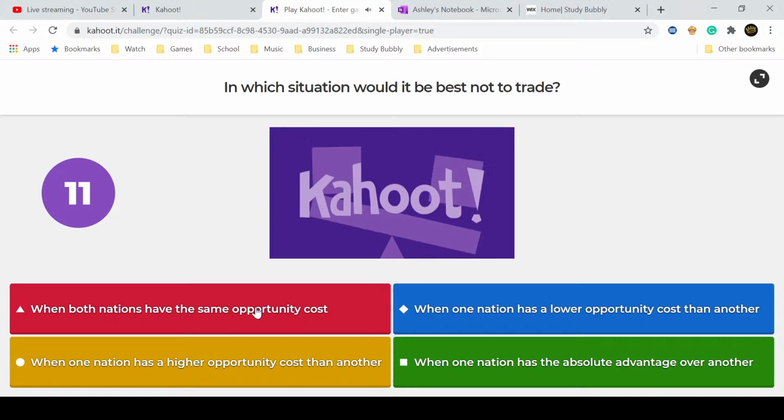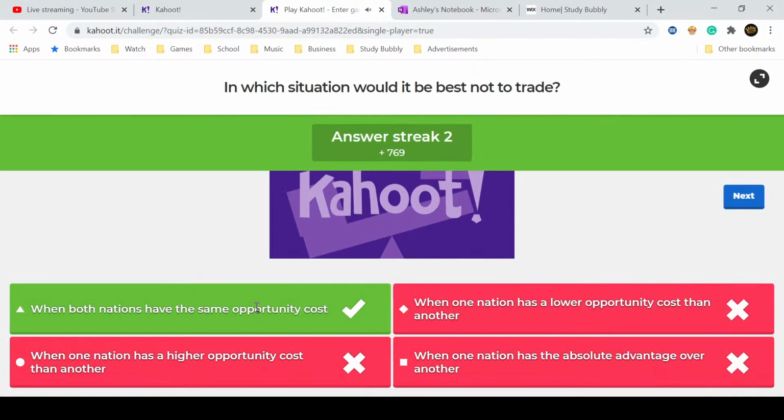So, in what situation would it be best not to trade? It would be the same opportunity cost, because when one nation has the absolute advantage over another nation, it's still good to trade because there'll still be a less opportunity cost. Even if you can produce more altogether over another nation, trading still lowers that opportunity cost of producing goods. And then comparative advantage is just when one nation has a lower opportunity cost and another has a higher opportunity cost. When you trade, you always lower that opportunity cost of producing. But if they have the same opportunity cost, then basically you don't really